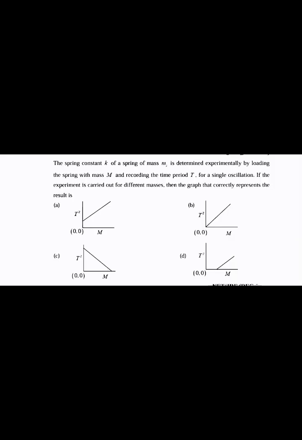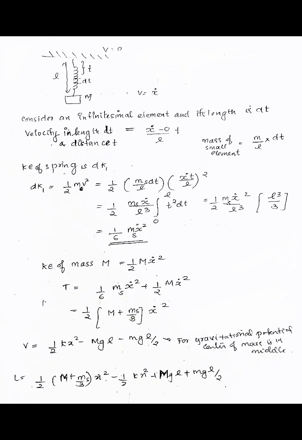The next question is, the spring constant K of a spring of mass ms is determined experimentally by loading the spring with mass capital M and recording the time period t for a single oscillation. If the experiment is carried out for different masses, then the graph that correctly represents the result is dash. And here the spring has length L. So here if we consider an infinitesimal length dt, which is at a distance t from the top point,